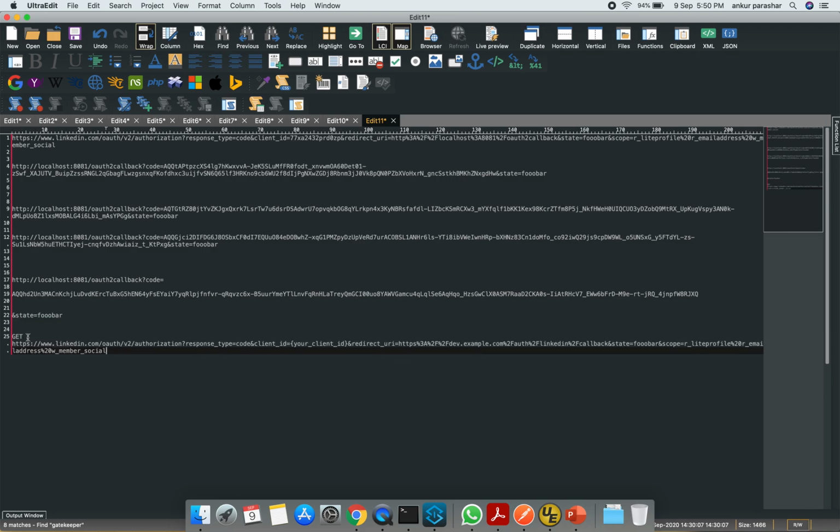What it says is, it is a GET operation which will create a code out of this V2 authorization. We have to pass our client ID and this redirect URI. State, this particular string can be anything. Scope should be our lite profile and our email address along with w_member_social. These are the three scopes you need to define for our APIs to work properly. In my case, it will be something like this. I have to simply copy, paste and run it in the browser.